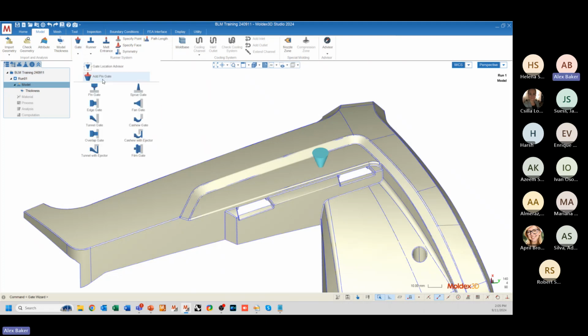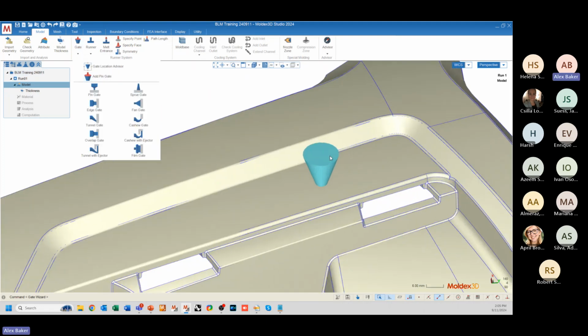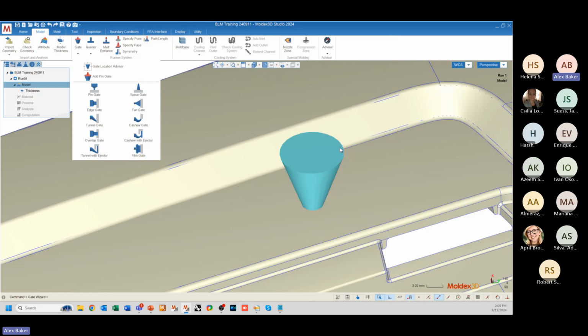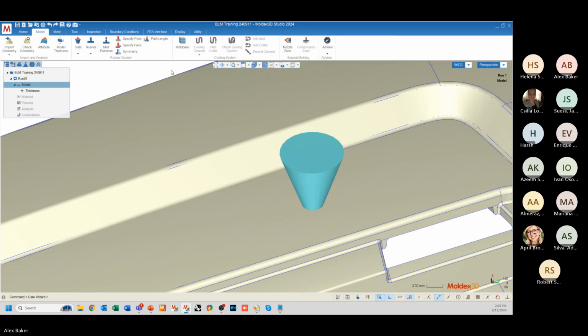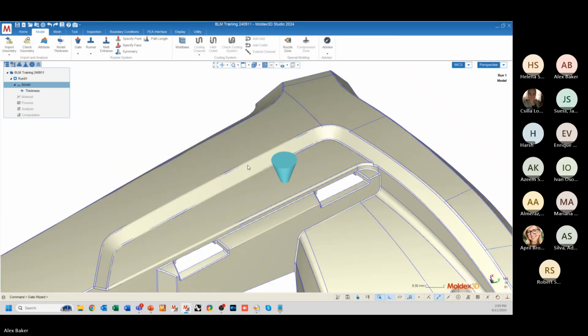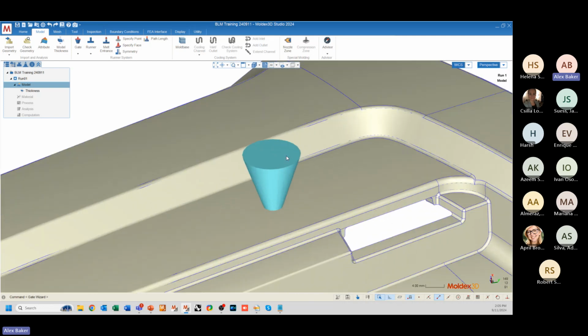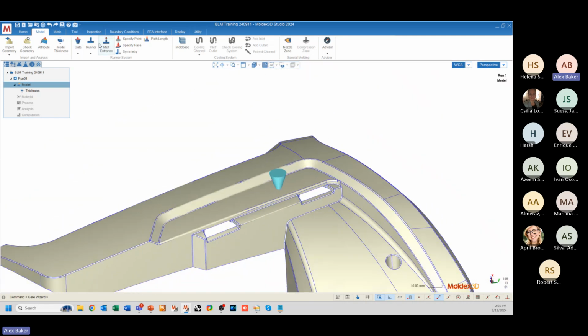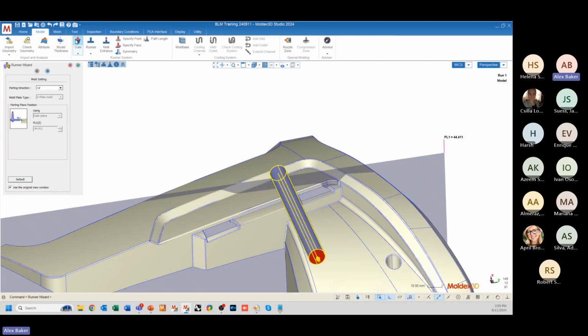Now, if you use the add pin gate function, you might see a red arrow on the top of your pin gate, which would indicate the melt entrance. That is where the flow simulation is going to start from. But in the case of a pin gate, when I throw a pin gate onto the part, I can also apply a runner to that pin gate, which, moving on to the right of the pin gate, you can kind of see that we're still following that left to right procedure. Moving on to the right of the pin gate